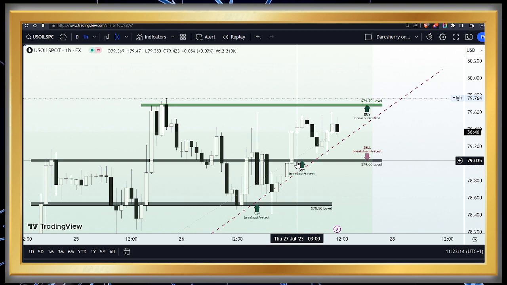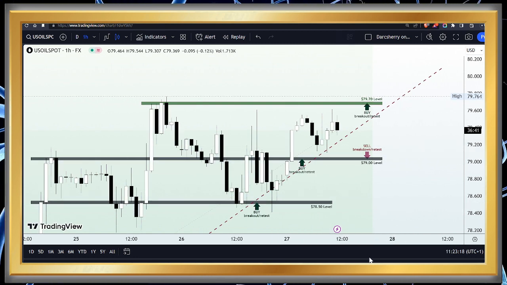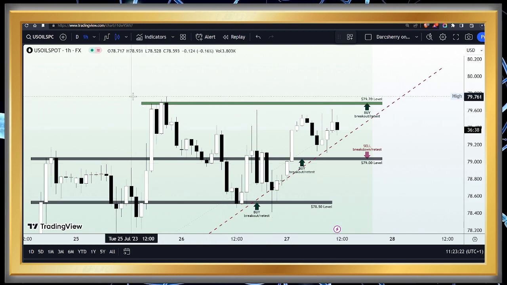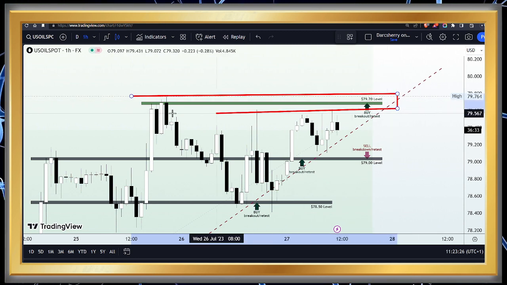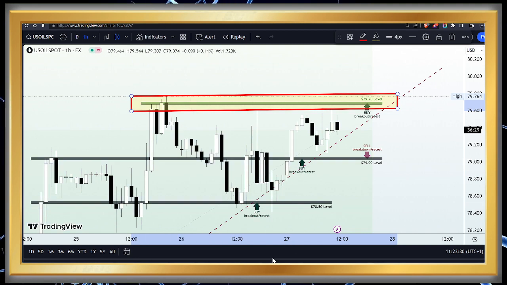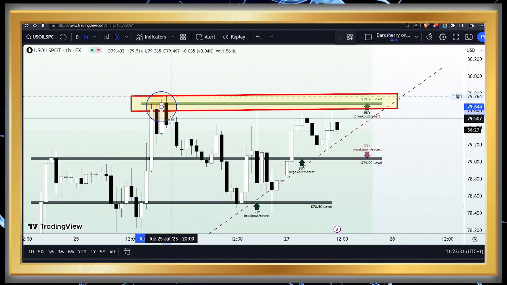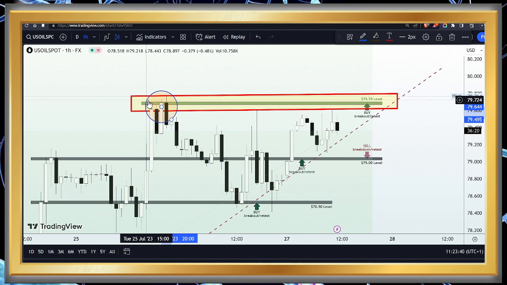Well, if we look at the structure critically, you would notice that the $79.70 level had been a very strong selling niche at some point this week. Now, see how buyers have struggled as soon as price got into that area. We saw how sellers jumped in right here on Tuesday to negate all attempts by the buyers to break out of the structure. And since that moment, price has found it difficult to even come close to that area.